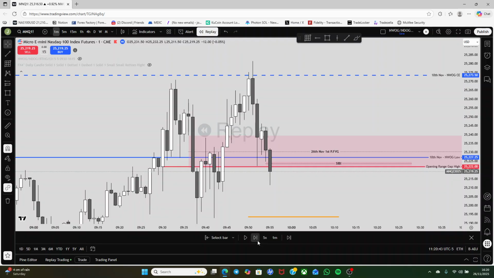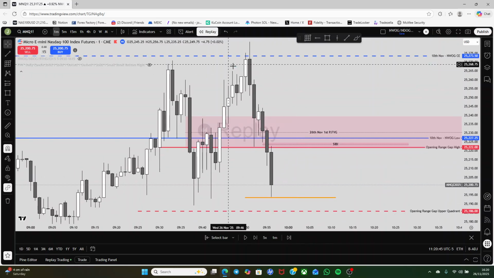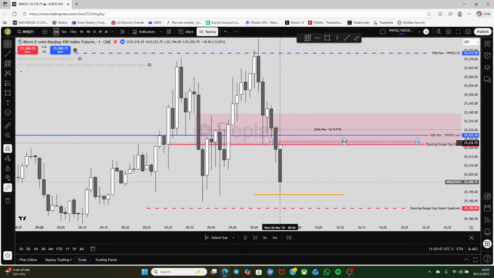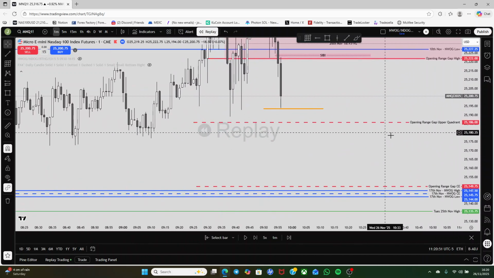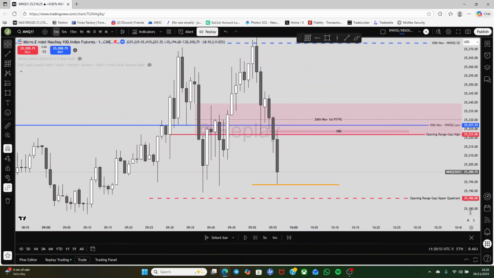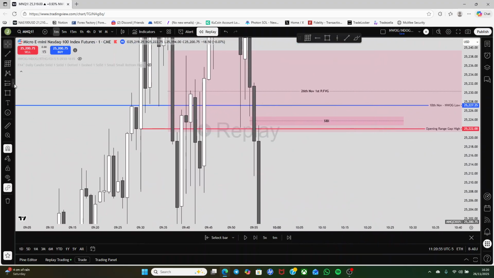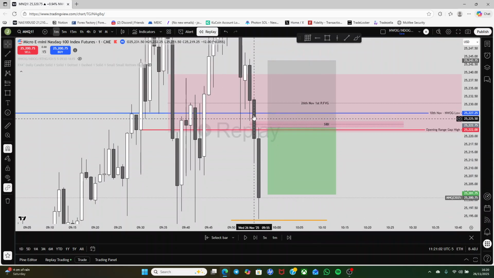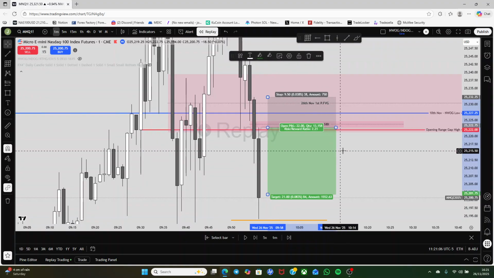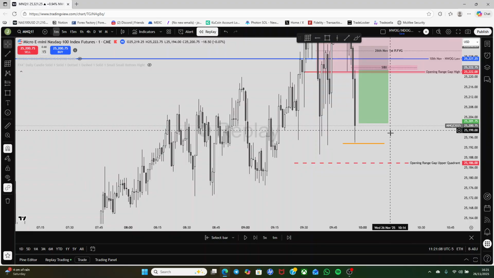And then we displace away from it, inverse it, tap back into it, and then we roll back over. On my main accounts, I did have a limit order here on this CB within the first fair value gap in the session. This would have been my entry model, but as you'll see in a second,